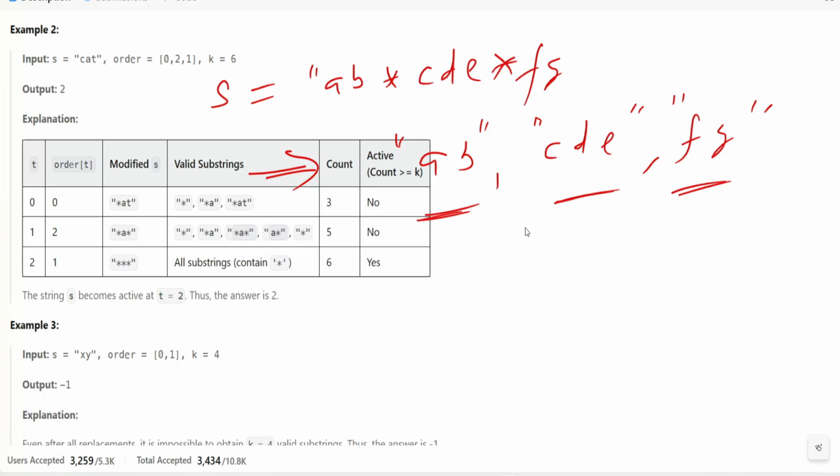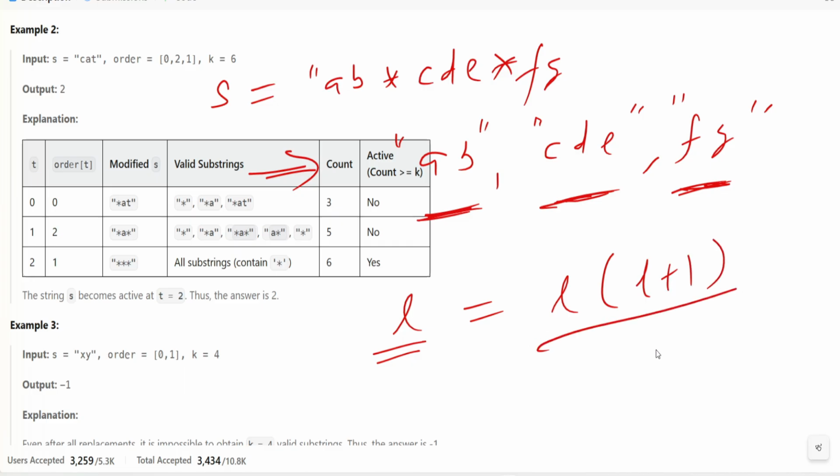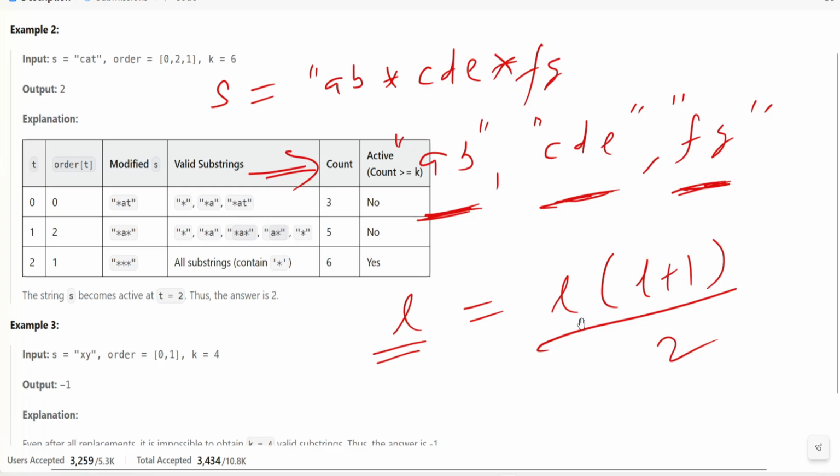So each substring, or each segment that we are talking about, a b c d and this one, contributes to the substring, right? And the substring having length l, let's suppose these are the lengths. If this is the length of the substring in the segment, how will we find the count? L into L plus 1 by 2. So that is why, if you want to find the total valid substrings,